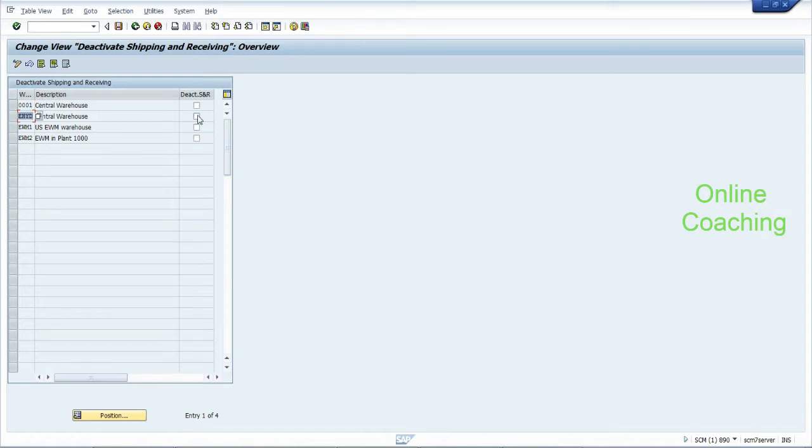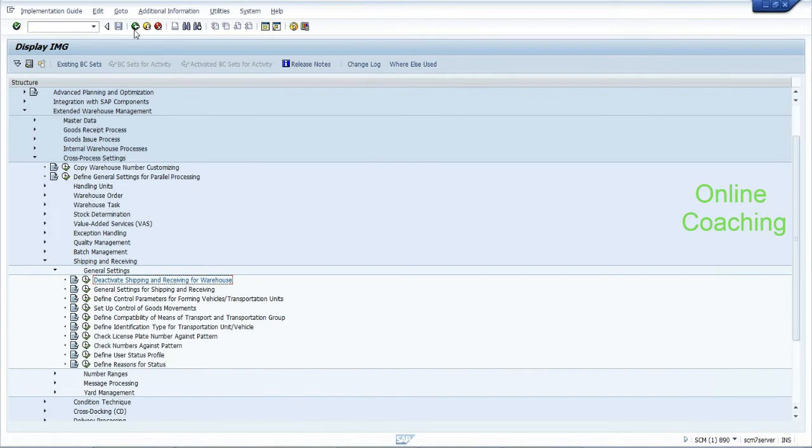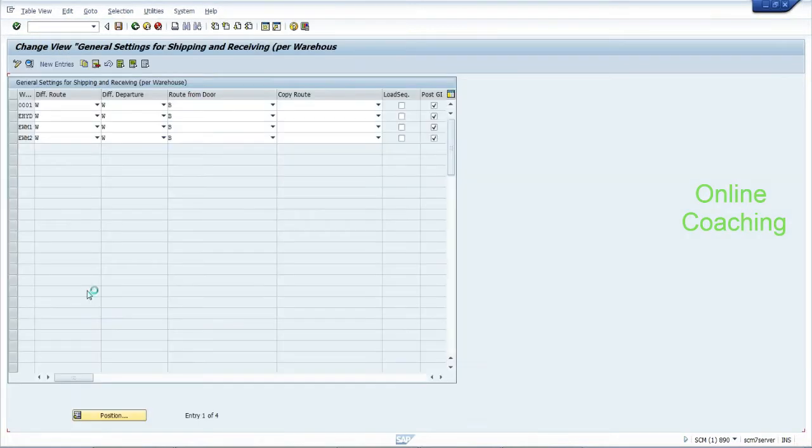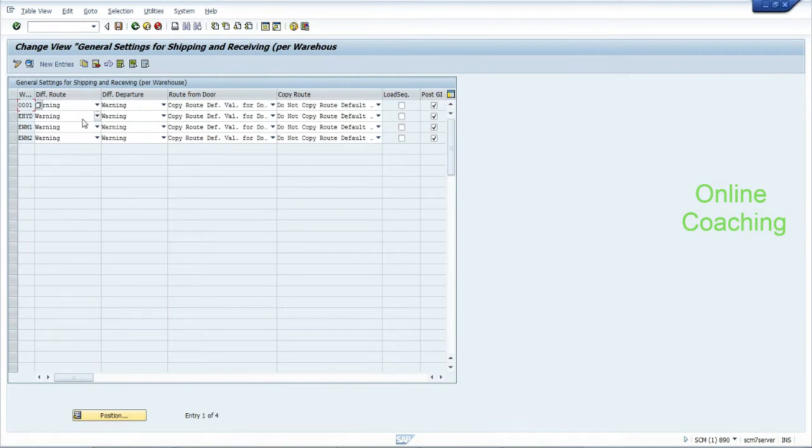If you don't want the add management to be enabled, you can go and deactivate this also. So this is the setting you have to check before you want to enable the transportation unit. Now, let's see. Suppose whenever you try to put a delivery to a TU,